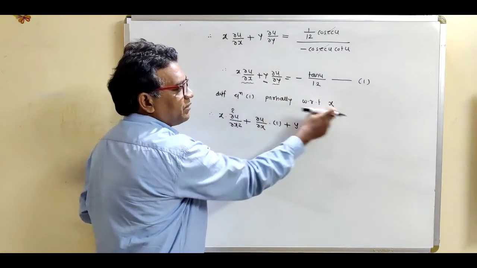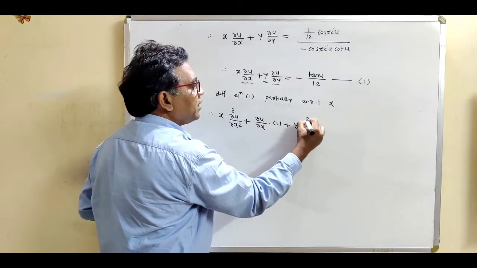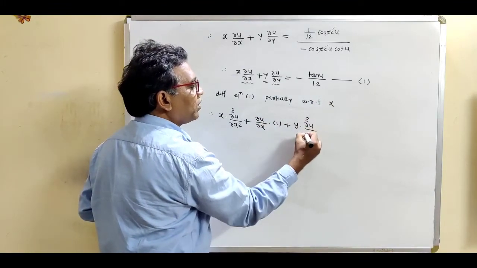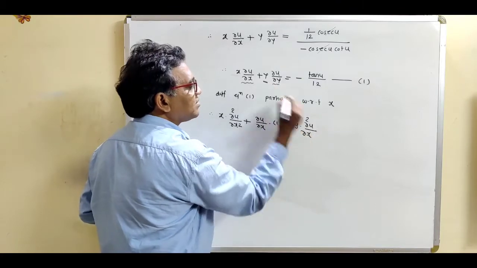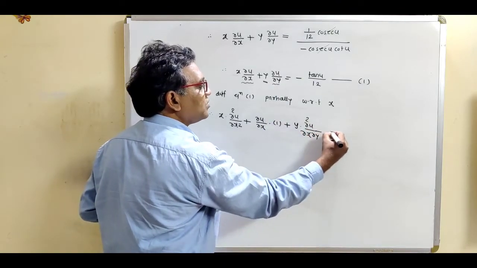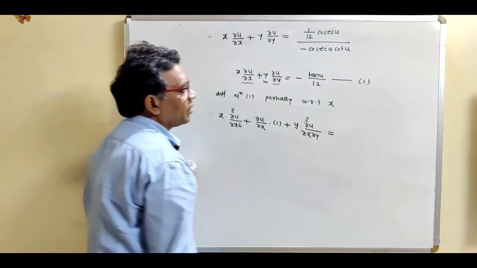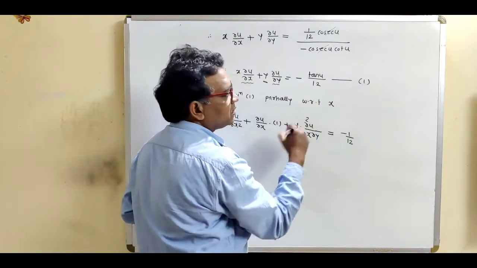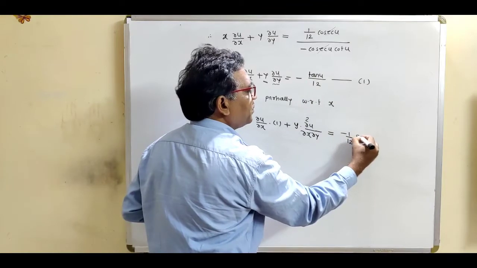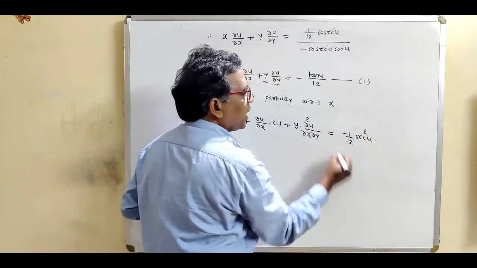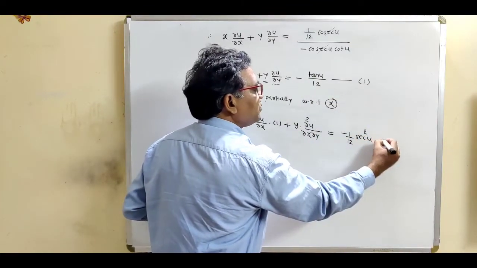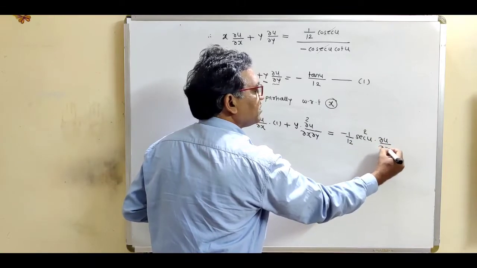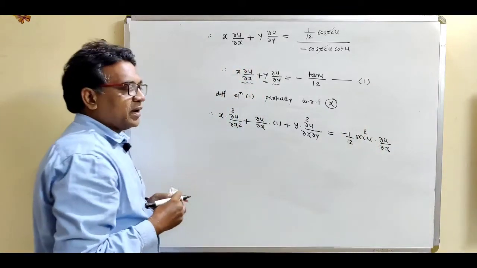Now the partial derivative with respect to x will be del square u upon, first of all write this x and then write this y. So this is equal to minus 1 upon 12, it is constant. Derivative of tan u is sec square u, and partial differentiation with respect to x means we have to multiply by del u by del x.